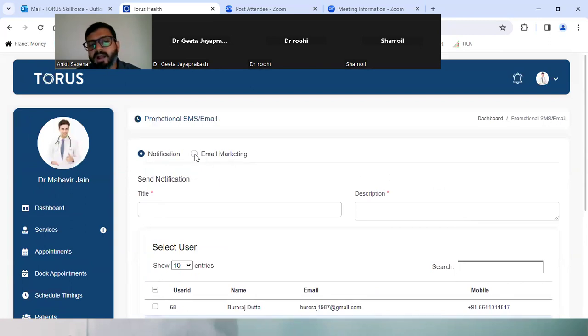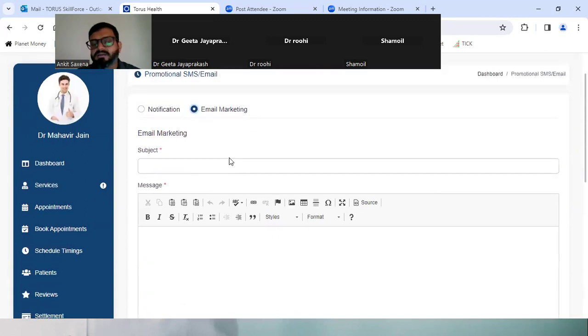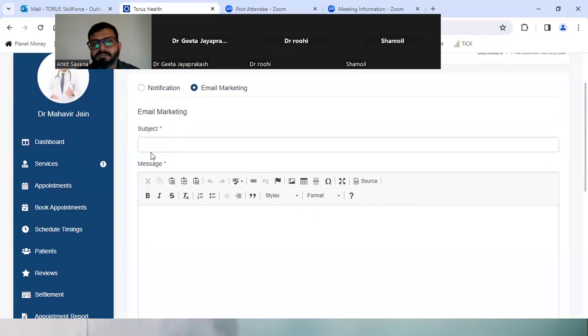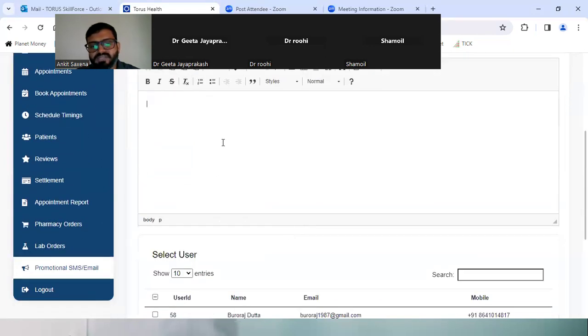Similarly, we have email marketing as well. So you can just click on email marketing. You will find a page very similar to an email here. You can just write in the subject some offers that you are rolling out, some discounts on your consultation charges or whatever, and type in the entire body of the email.